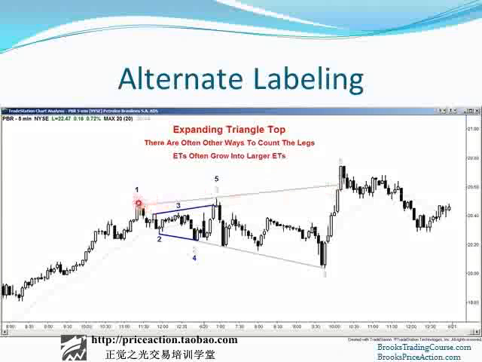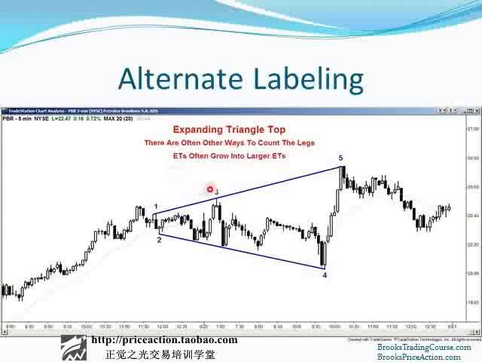You can also label it as 1 push up, down, 3, 4, 5, and you have a higher high major trend reversal, an expanding triangle top, looking for 2 legs sideways to down. Remember, the original labeling was this gray numbering: 1, 2, 3, 4, 5. Another way to label it: